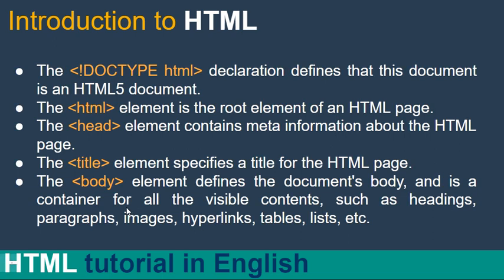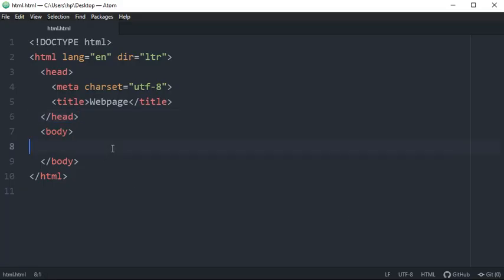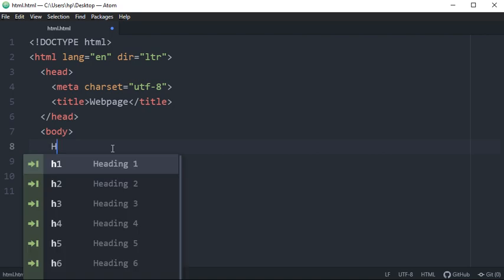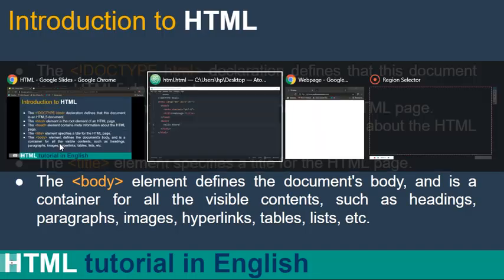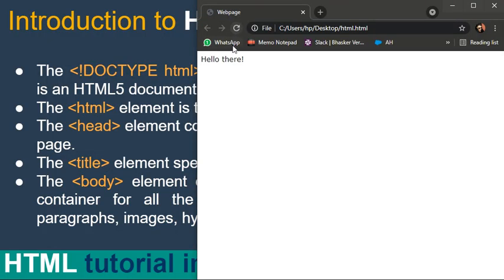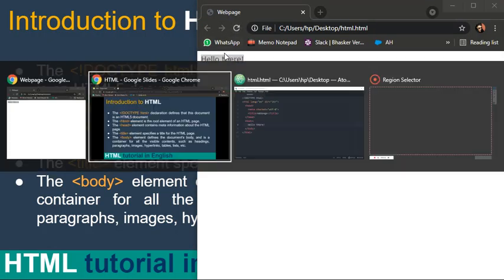It is a container for all the visible content such as headings, paragraphs, images, hyperlinks, tables, lists, etc. For example, if you want to type plain text here, hello there, you need to define it in the body part. You refresh it and you will see the data here.